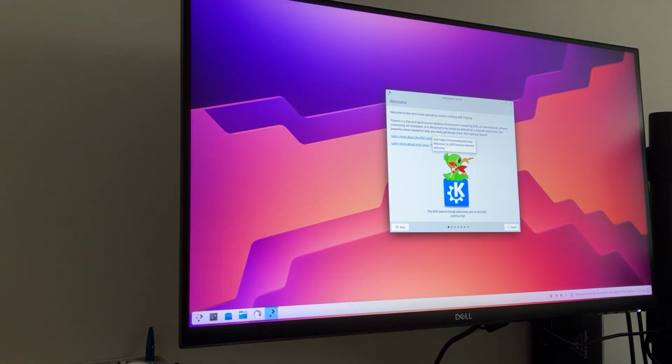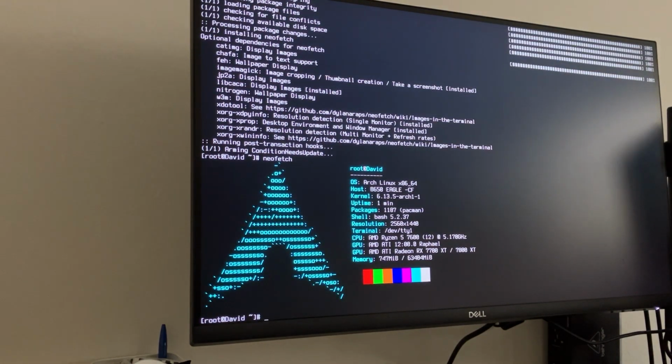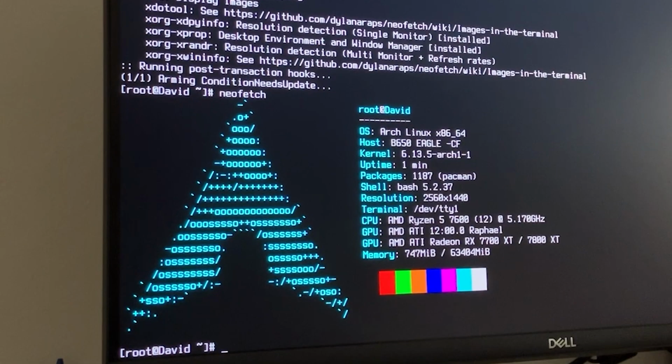I managed to install KDE, which is a GUI, graphical user interface, and then I also installed Neofetch, which, as all of you know, is the most important thing. So here you have it, Neofetch. I think that's like the only program that we need on our Arch system. So beautiful, so beautiful. So yeah, that was my first Arch Linux installation,